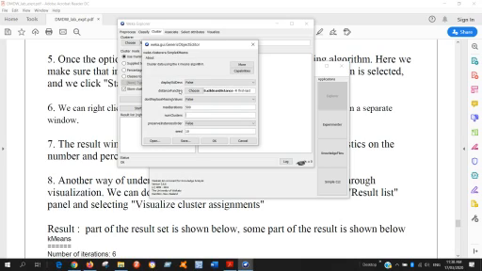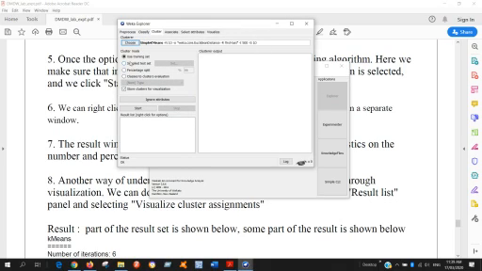Suppose I want to display 10 clusters. I can write 10 here. You can write what values you want to modify, it is your wish, then click OK.